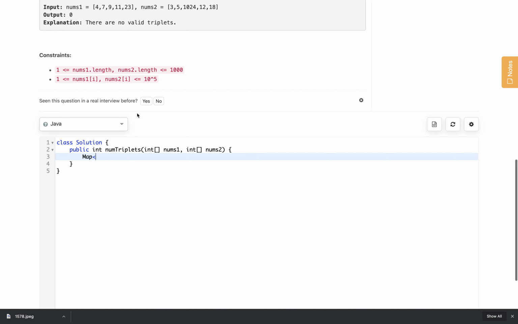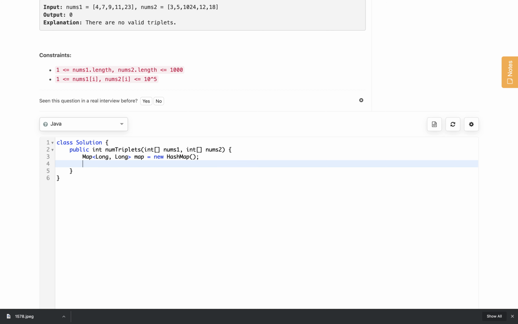One more important thing to note here is that we are storing the square as a key, and nums i and nums j can be up to 10 to the power 5. If we take the square of this number, this will be integer overflow. So, we can't take our key as an integer, we need to take our key as a long to avoid the int overflow. The count is okay to take as integer, but we can take long as well, there is no issue.